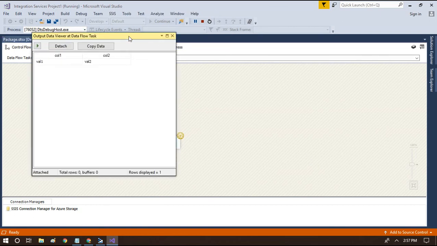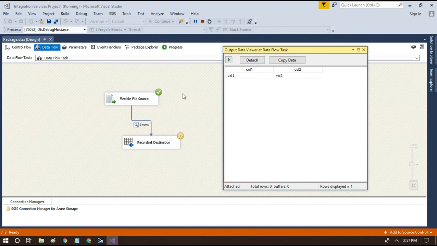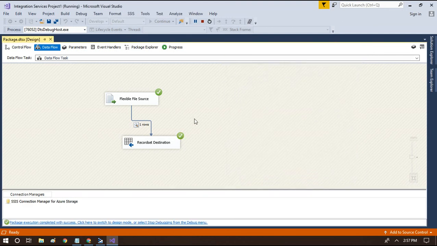As you see here, records are being moved from source to destination, and while it is in movement, we can see the values being moved, value 1 and value 2 and column 1 and column 2. Once I close this, the data flow will finish writing the records to the object type variable. So this is how we point to a blob storage path or data lake in an Azure storage and bring the records present in a file over there.